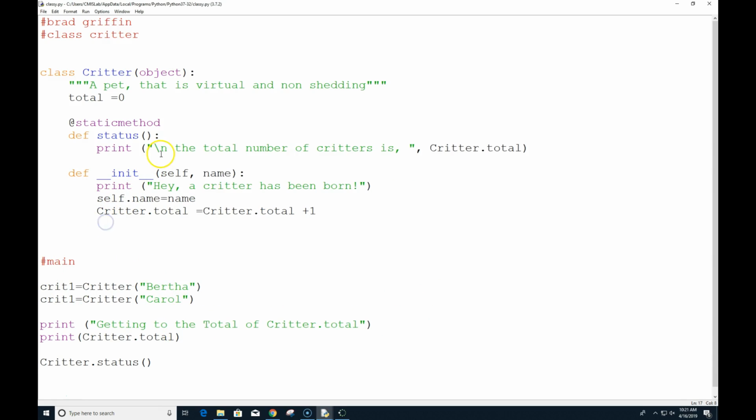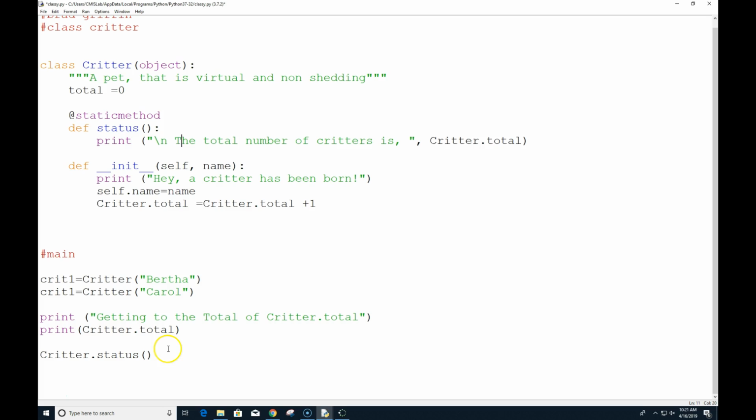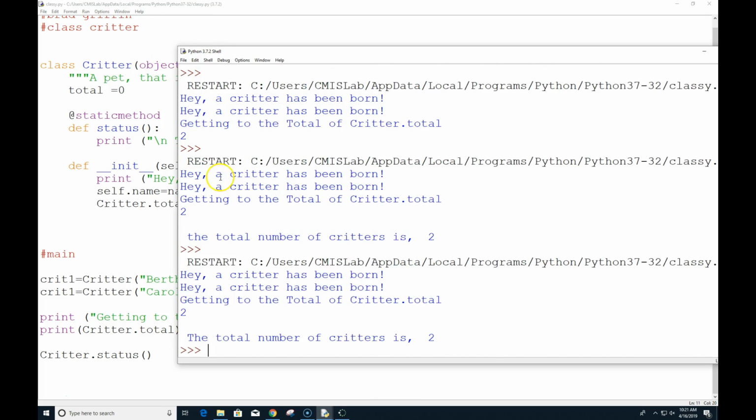And here it takes the total number of critters is, and I could clean that up so it looked a little better. But it's able to access that inside of there also. So F5. The total number of critters is 2. So anytime we want to find that value, we could just use Critter.status.